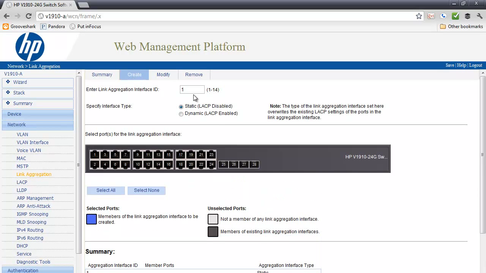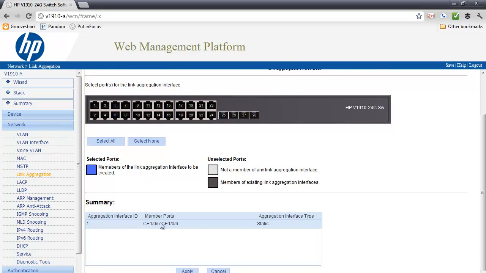The default aggregation ID of 1 is fine, and we want to make sure that the aggregation type is static, LACP disabled. That's because vSphere does not support dynamic link aggregation groups, which is LACP. So I'm going to select the ports that this host is using. I already know that's 5 and 6. And at the bottom it's telling you that that's going to create a 2-member link aggregation group in static mode. Click Apply,